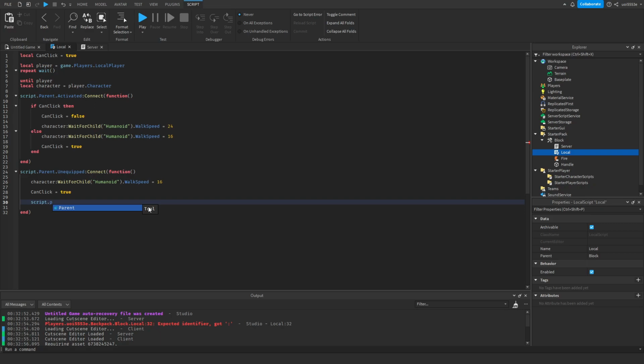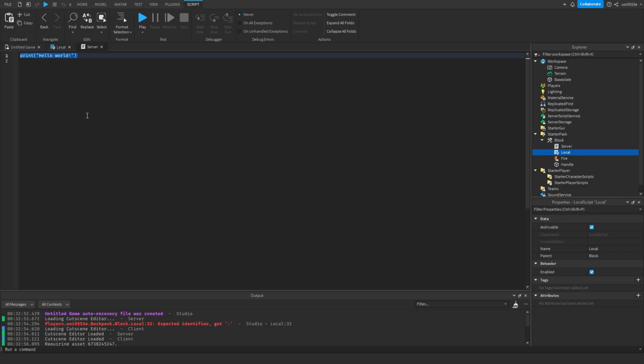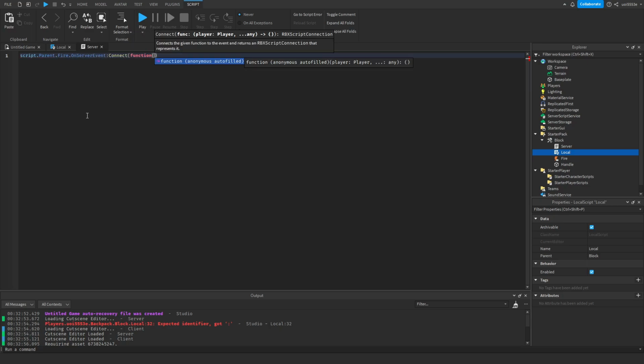Script.Parent.FireServer. When you don't want to fire anything, then script.Parent.OnServerEvent:Connect(function(player)